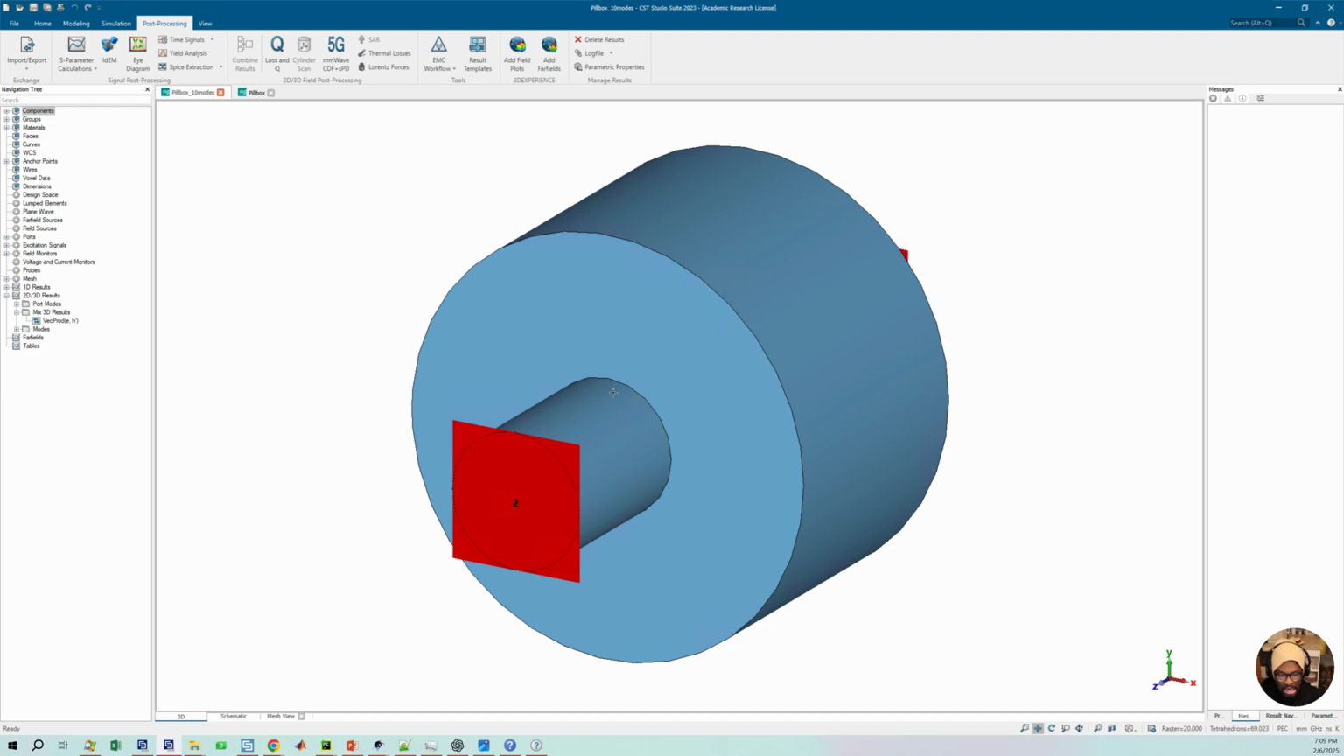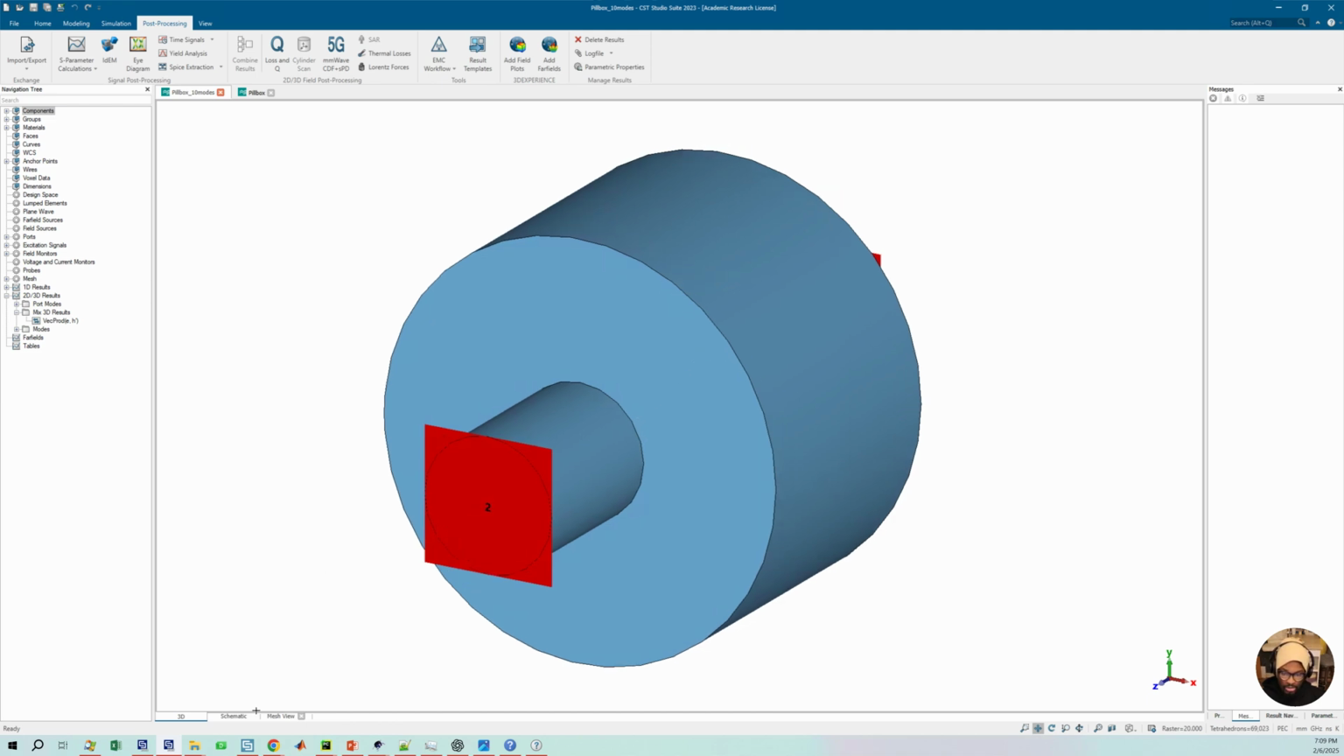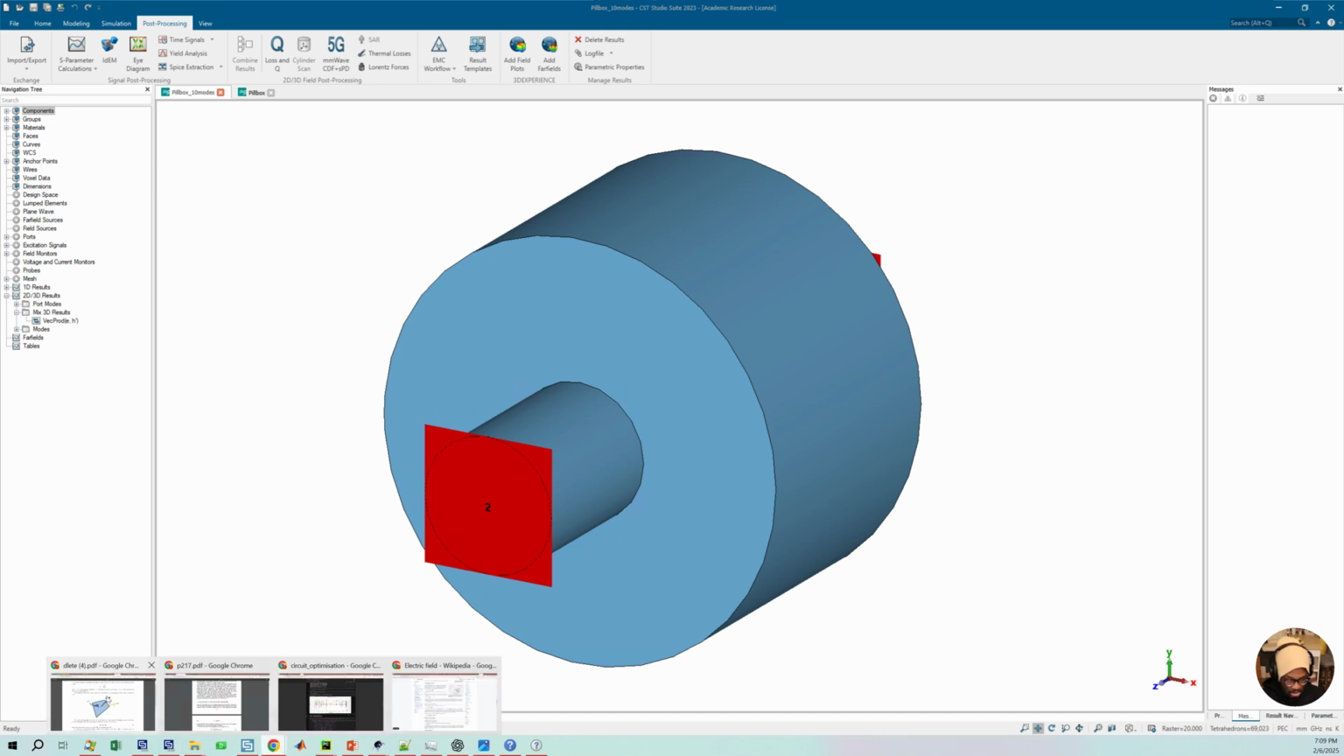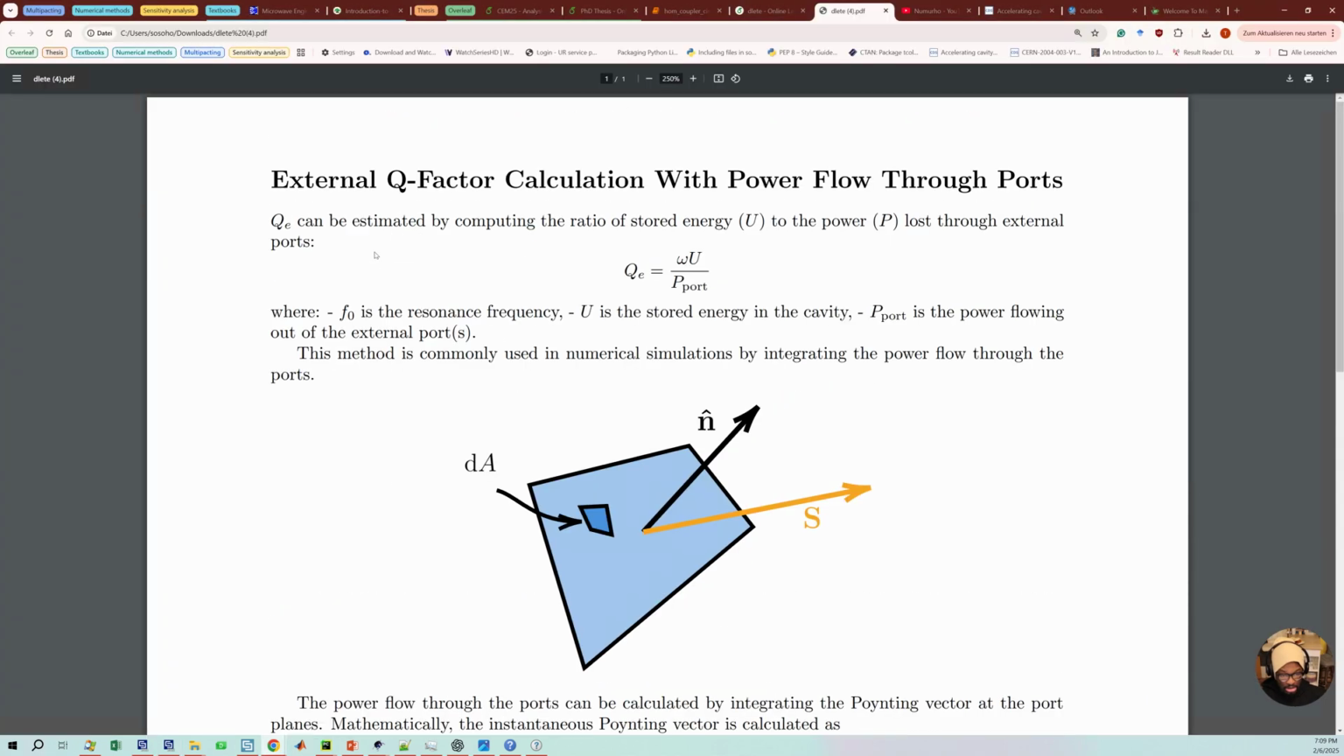I'll discuss this as if it's new, but just discussing one of the methods that I mentioned in the previous video. And that method is the external quality factor calculation using power flow through ports. So one of the formulas I mentioned the last time was calculating the external quality factor with